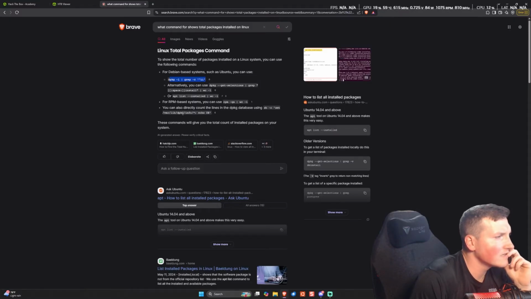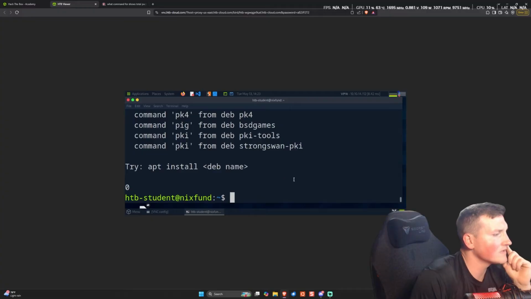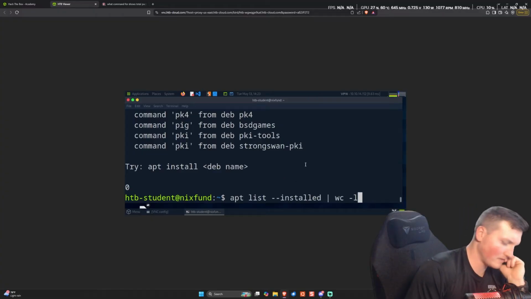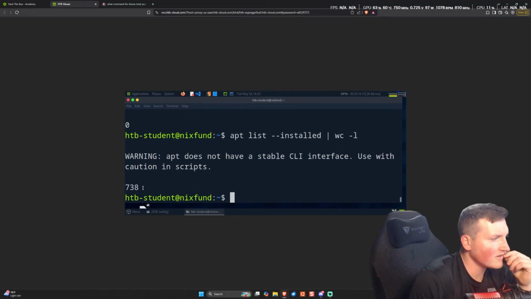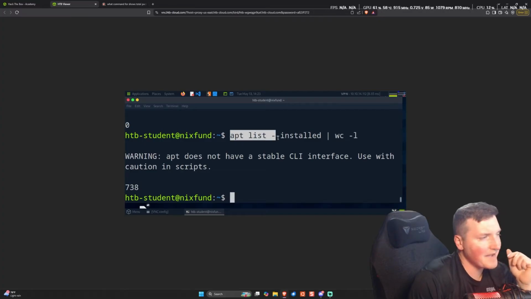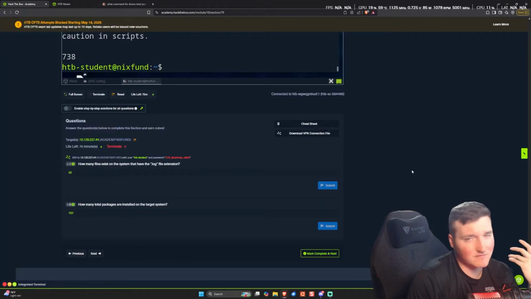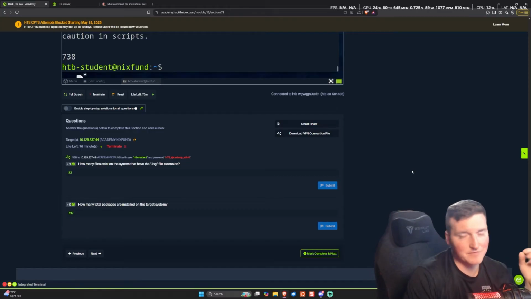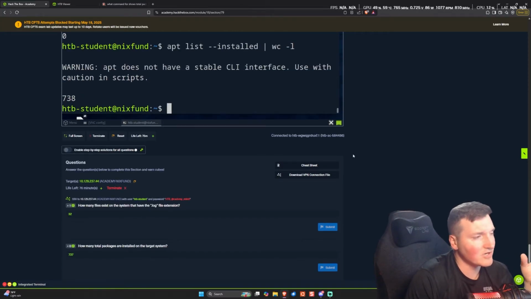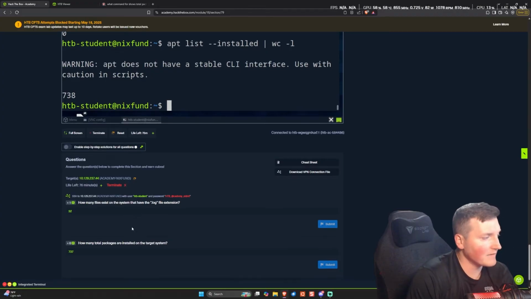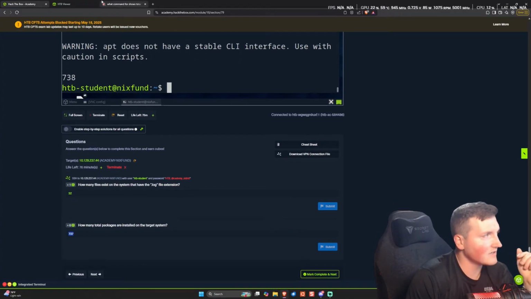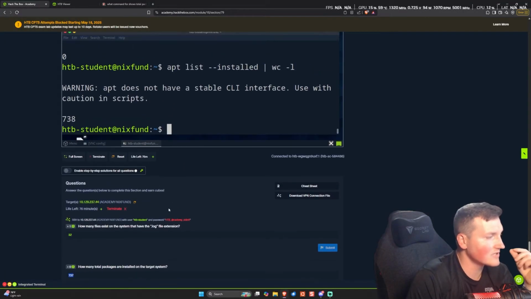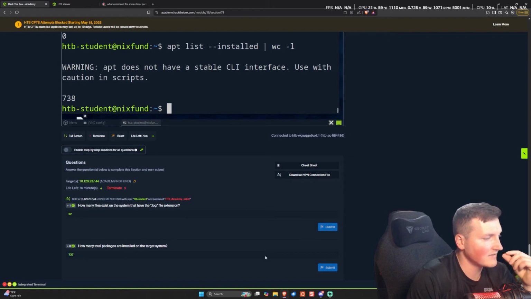So we'll say, there we go. So apt list --installed, and we'll see they're using word count again, 738. So there you go. So they're just using apt. If you haven't used apt before, apt is the program, like you'll see a lot of times sudo apt or sudo apt-get install. These are the program that actually installs packages. And you can see if we look in there, well, this says 738. So actually kind of interesting because this says 737, but